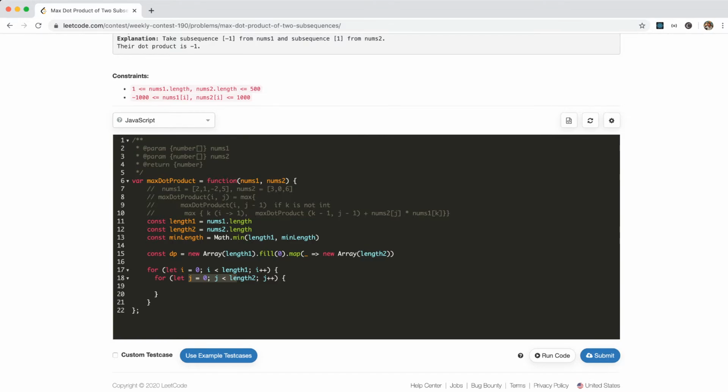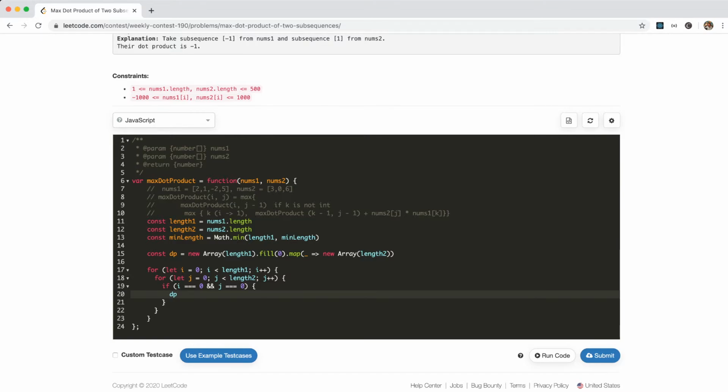So if j equals 0, then if i is 0 and j is 0,